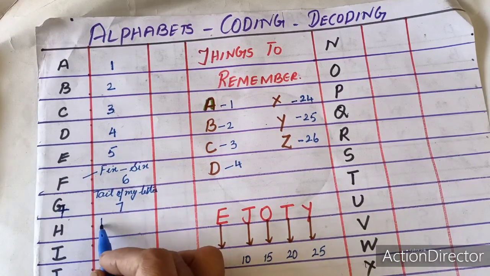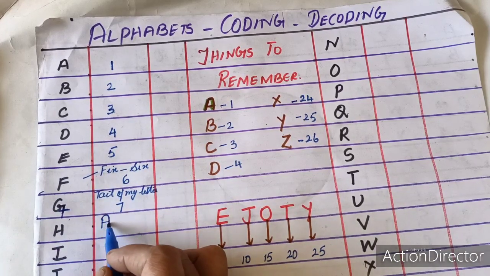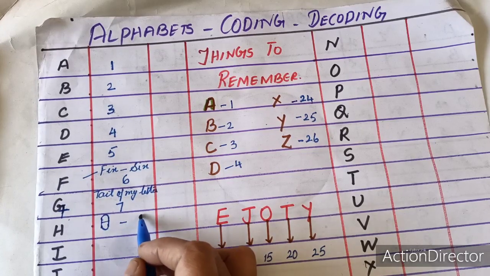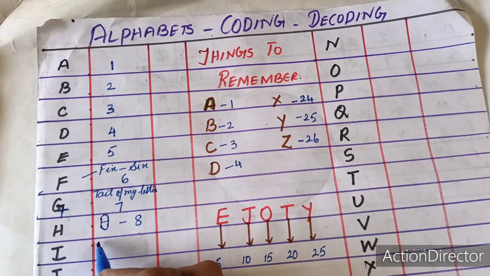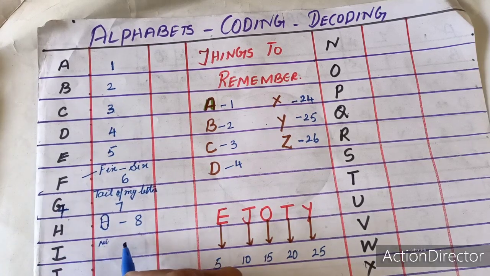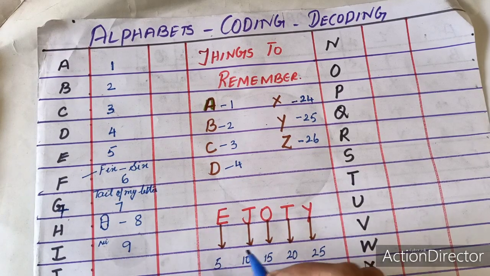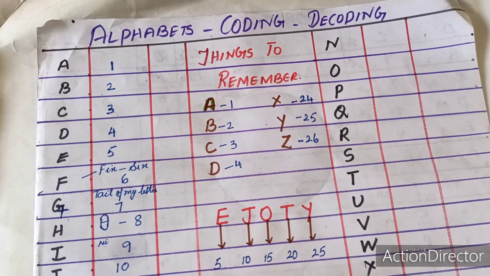For this H, I am going to close this H, so it will become 8. Now coming to I, it sounds like 9, so it is 9. For J, it is from Ajoti, it is 10. Coming to K, let us write this K in a form like this, so you will remember this as 11. Now coming to L, L is looking like the angle in a clock. So you can remember 12.